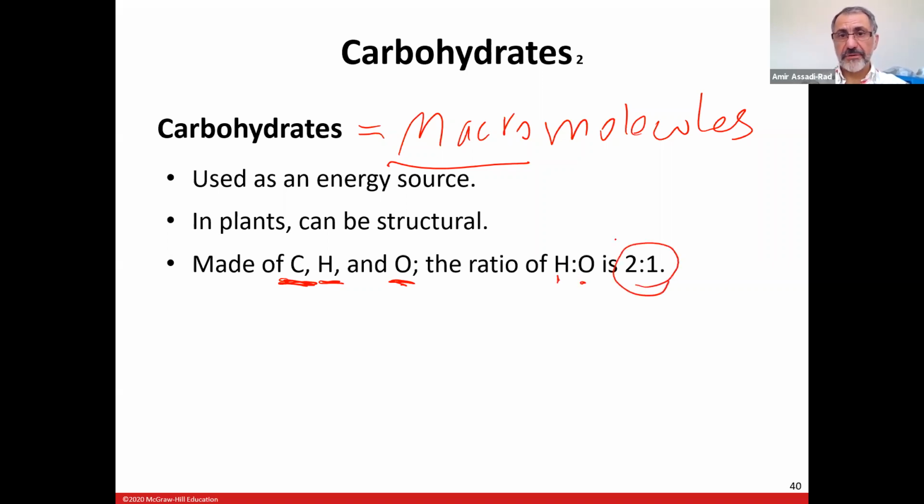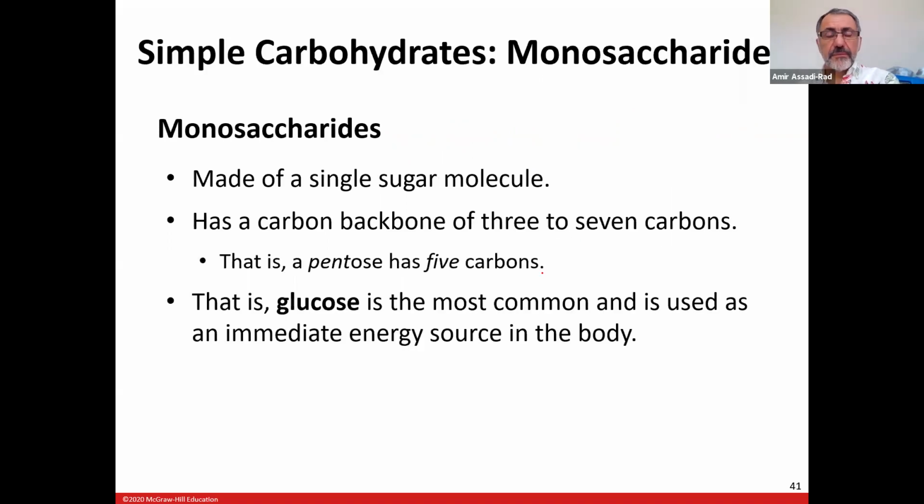So these carbohydrates have a lot of hydrogen, okay? And then you will see them, so the ratio is 2:1. Let's move on. The monosaccharides: mono means one, and saccharide means sugar. So simple carbohydrates are monosaccharides and disaccharides, made up of single sugar molecules, with a carbon backbone of 3 to 7